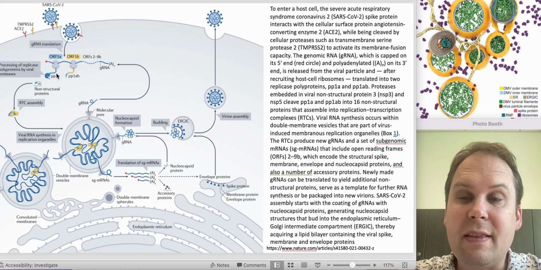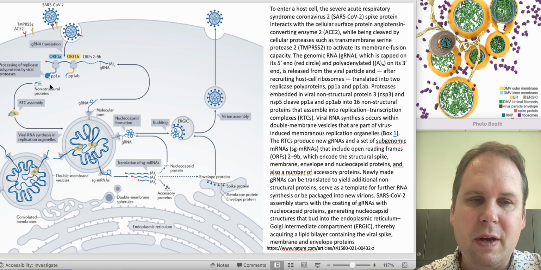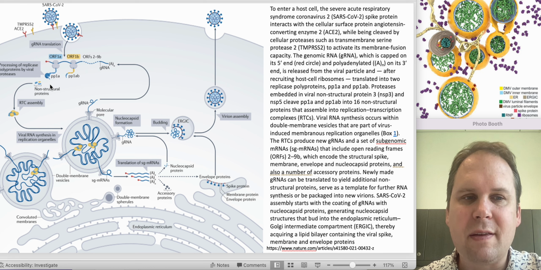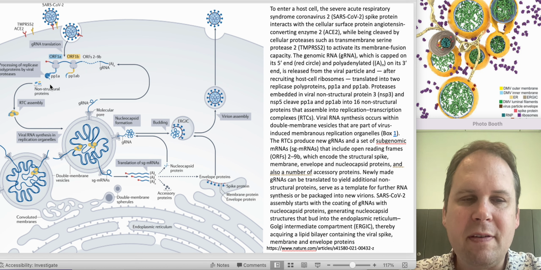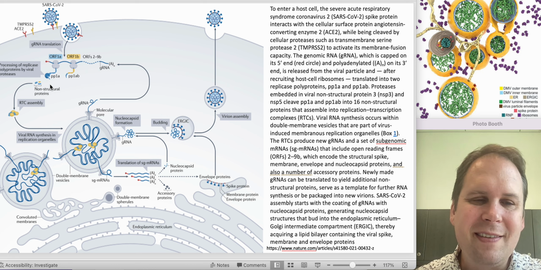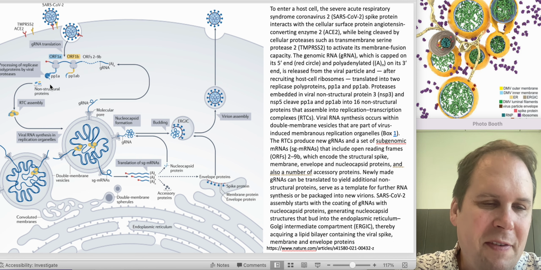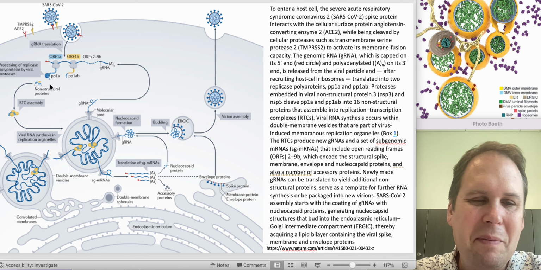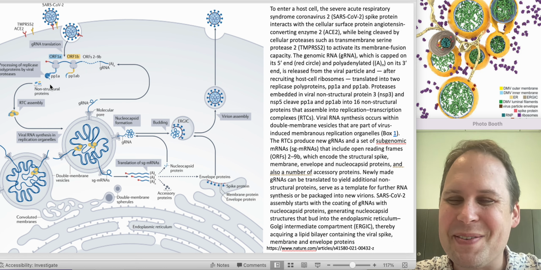It's going to be translated then, and it's going to produce the first set of proteins that the virus makes. So in this first set, we're going to generate all the enzymes that the virus needs to take over the cell, and all the enzymes the virus needs to make copies of itself. So it's going to make proteins that shut down parts of the immune response in the cell, and it's going to make proteins that will directly participate in all the various activities that it takes to copy a brand new coronavirus. And there are several, but we'll get to those as well.